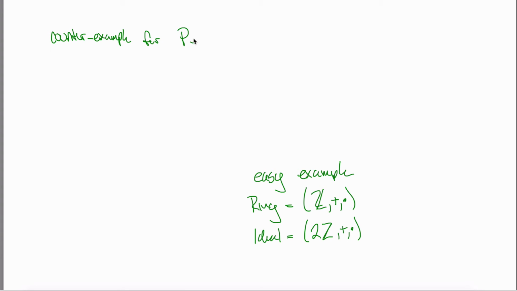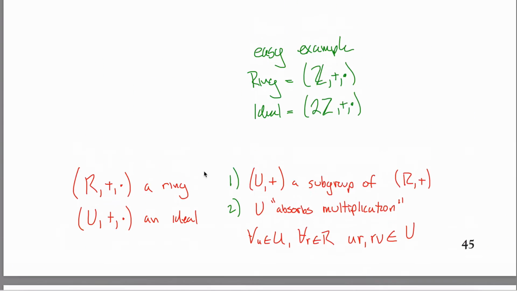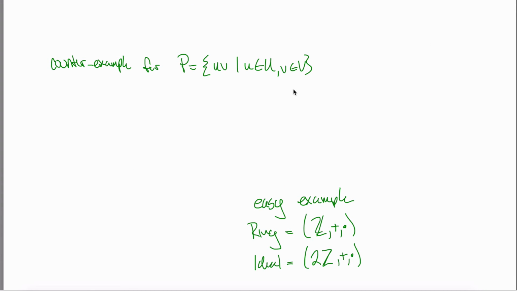For P, which is equal to the set of all uv such that u is in U, v is in V. I got that all right. So, okay. What I am going to do is define my ring